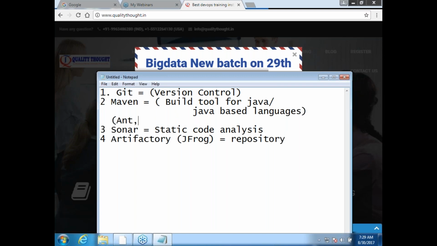One is Ant, the other one is Gradle. I'm not covering those just because they are just another set of tools. Your commands might change, but the end result you want out of these three tools is the same. They are used for building and packaging Java based applications.